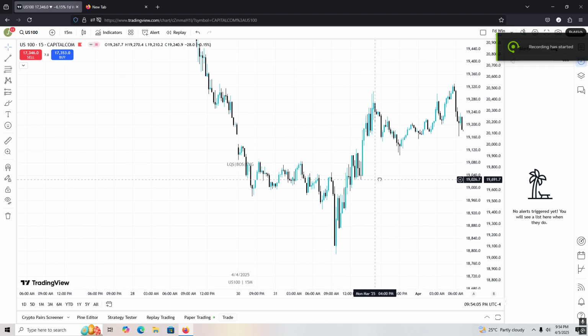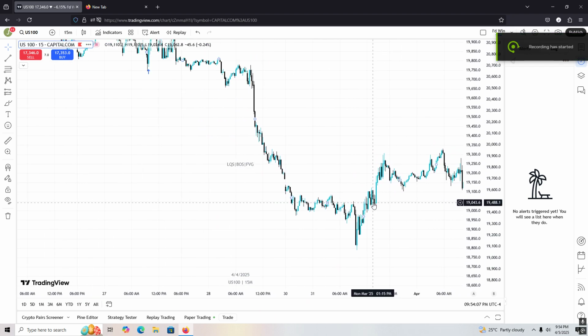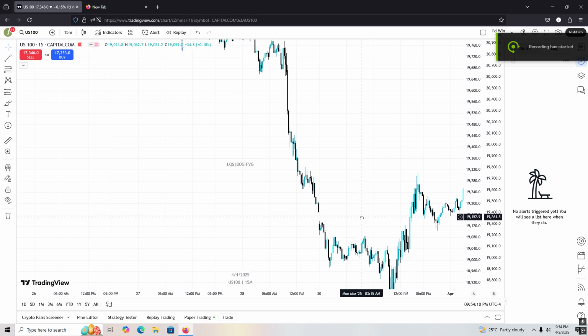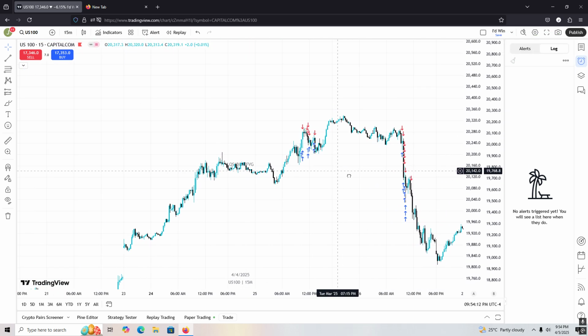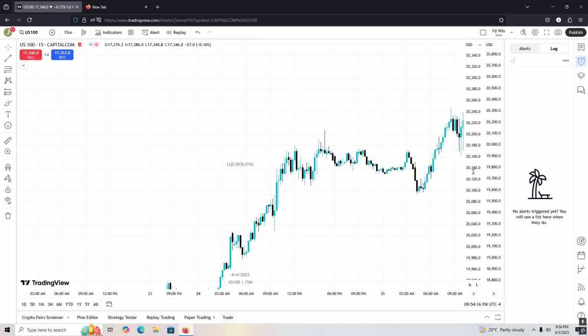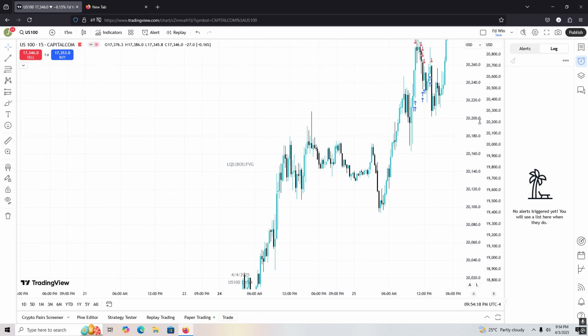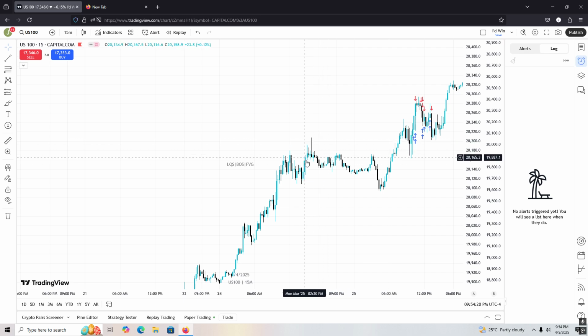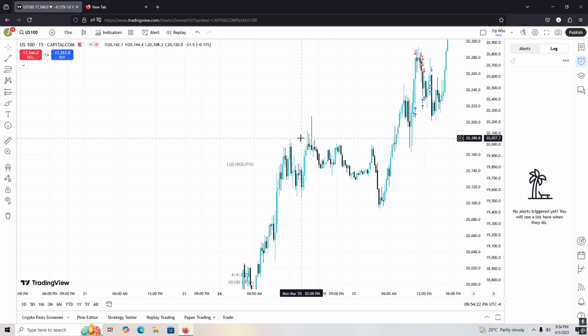I know I kind of cut it short last time, but this one will be examples. This is the 15 minute, still basically liquidity sweep, right? So like liquidity sweep, you see how it happened over here basically. It had highs and then swept these highs, and it was supposed to